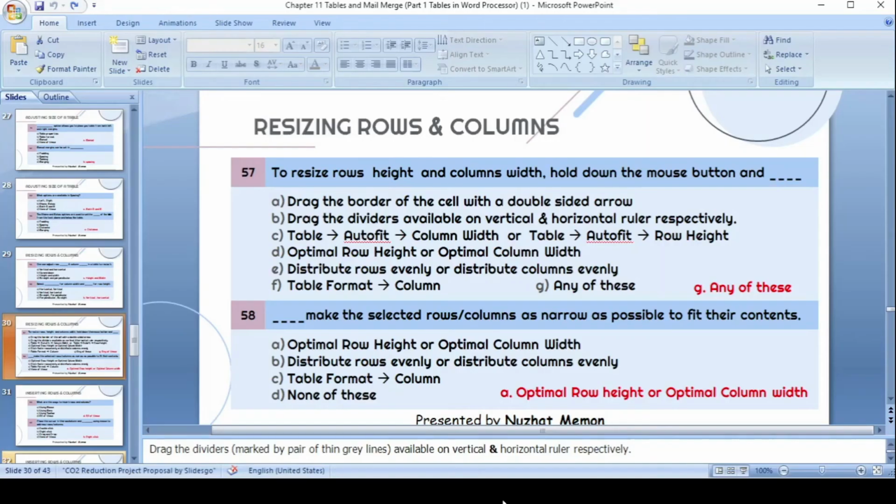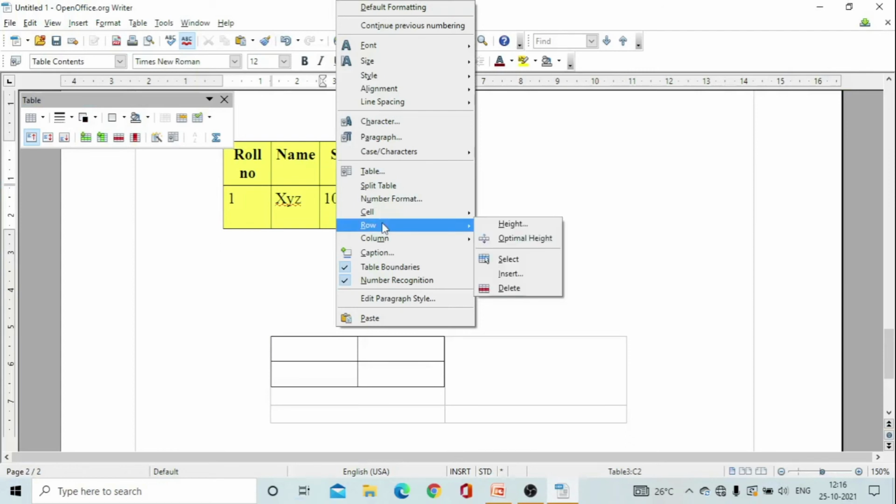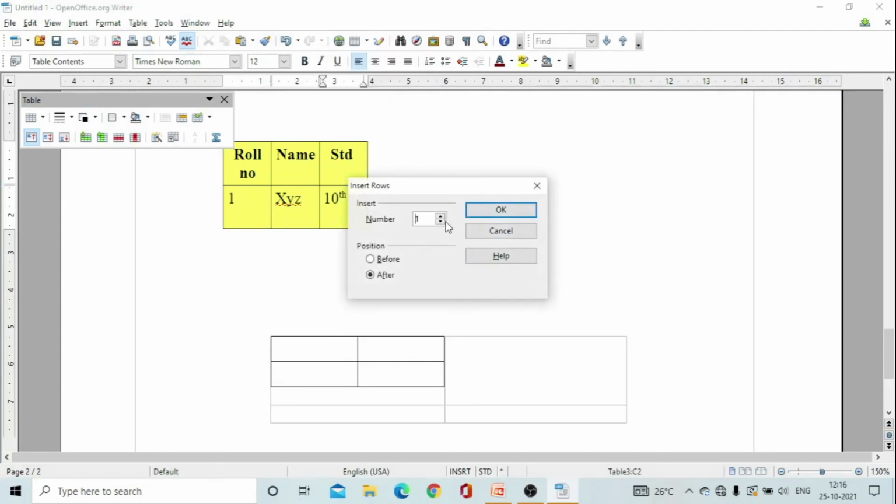So how will we add rows by mouse? Click anywhere and you can insert a row from here. Yes, you can specify the number of rows also. For now, I'm keeping one. And here you can specify the position also. That means you can keep it before where your cursor was, or you can keep it after. We'll try before. So wherever our cursor was, one row will be inserted before that cursor.